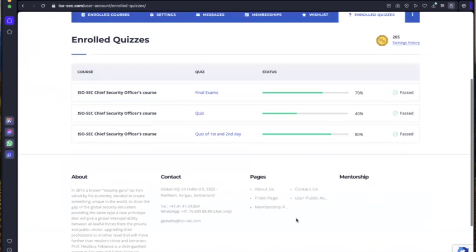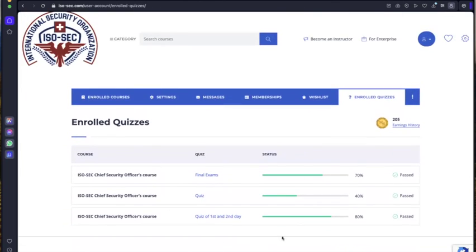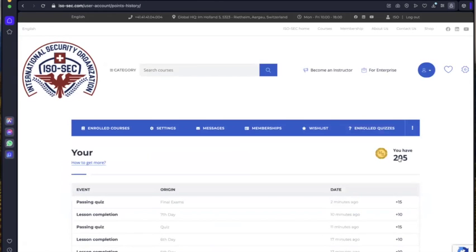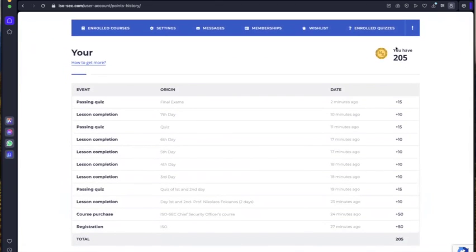And now, instead of 50, you have 205 points, as you can see. And in enrolled quizzes, you can see the quizzes and how much you passed. The second is passed with only 40% because it wasn't gradable. That's why it passed, as long as you try. The last one was gradable, and so on. So you can see 205 points now. So this means that